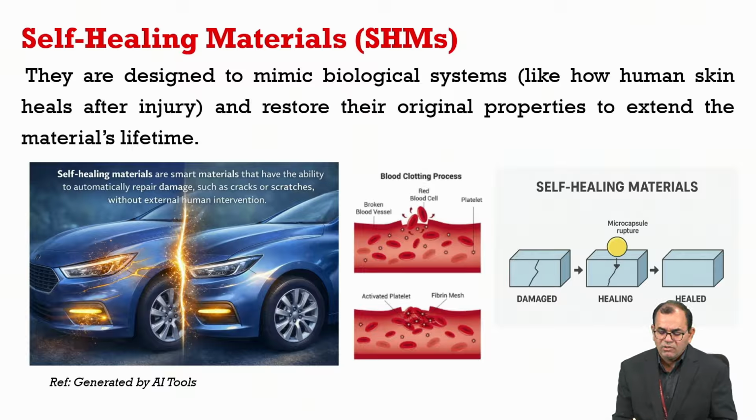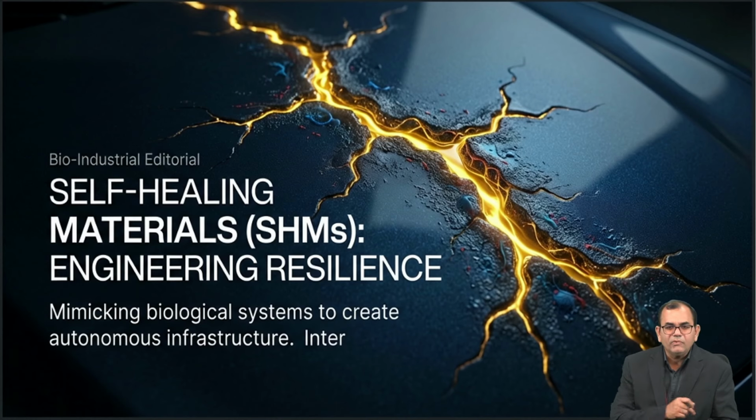Likewise, we have to come up with a self-healing material which can heal the damage or crack by itself. Here we can see a pictorial representation. There is a microcapsule and there is damage. This microcapsule will be activated, and whatever crack or scratch is there will be healed automatically, in a material rather than a biological system. Now here we can see a larger pictorial representation of a scratch or damage to a material,